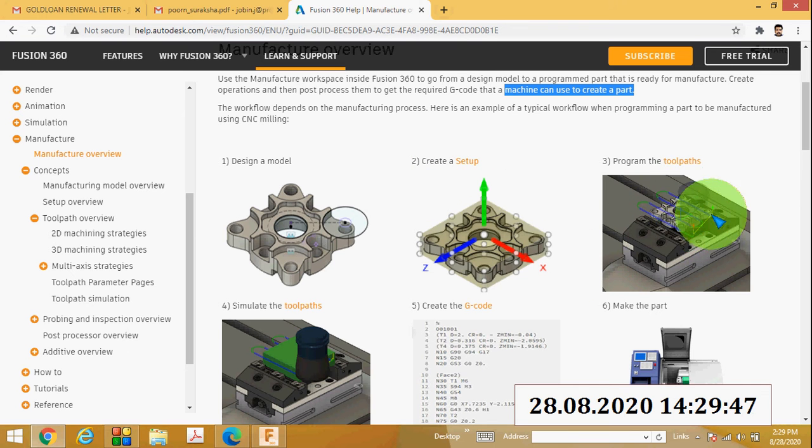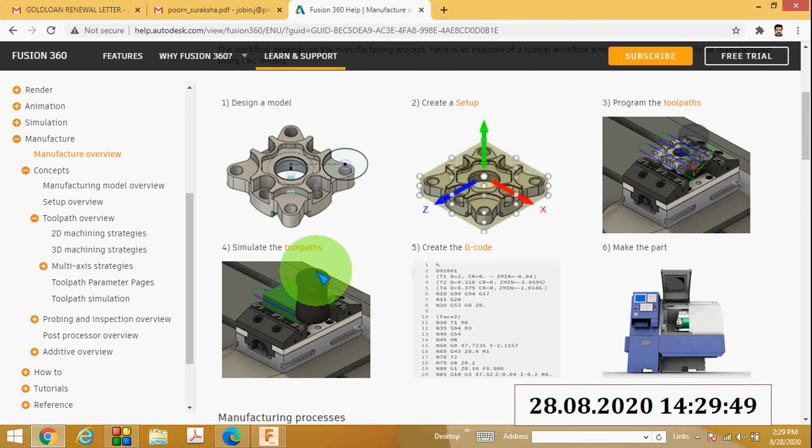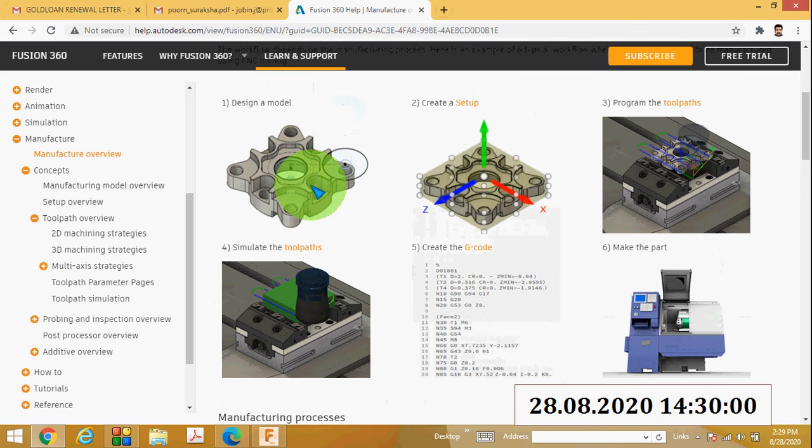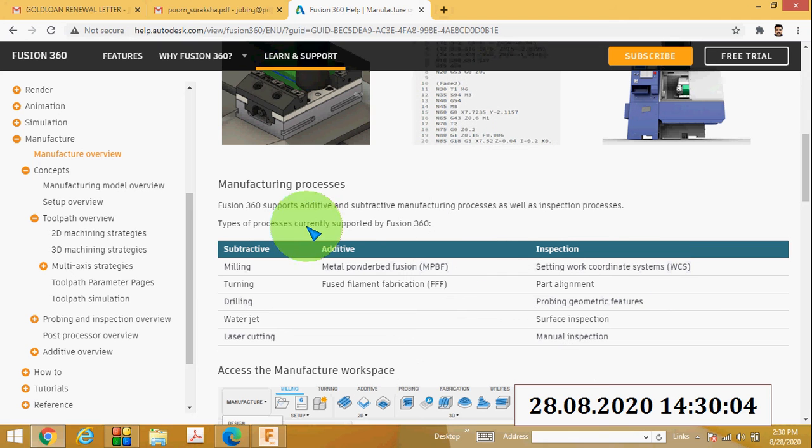Once again: first create the 3D model, then create the setup, then program the tool path, the tool movement, simulate the tool path, and create the G codes.